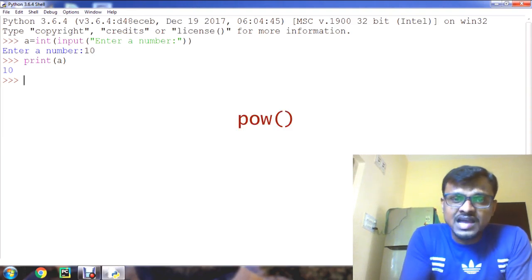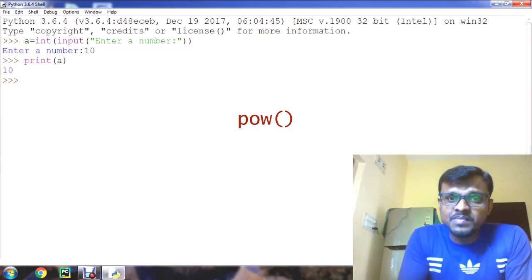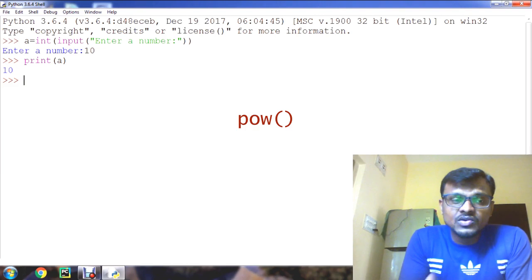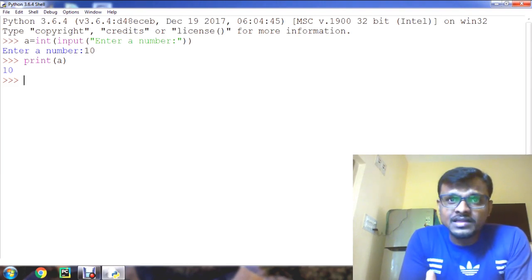Then the power function, for which in the previous class we demonstrated an example of the exponent, and the sum function to calculate the sum of the values. These are all the mathematical built-in functions in Python.